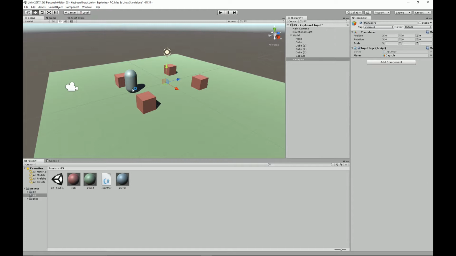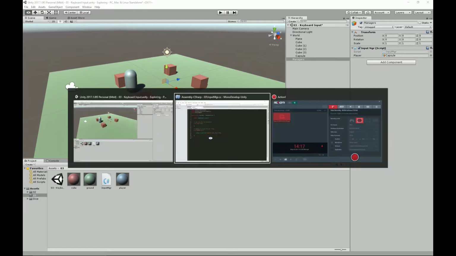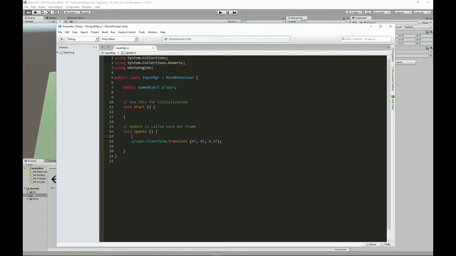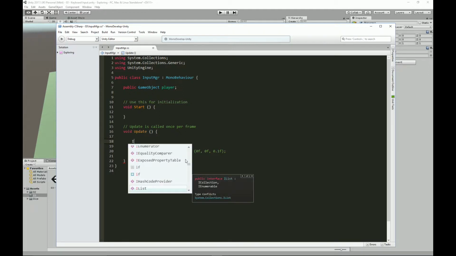We could change its color interactively. We could do just about anything that you can do here in the inspector to this guy in code. But for now, we just want to maybe hook up some keys and have it do some things. So let's just comment this out for a second. We don't know exactly what we're going to do. So in order to get a key in Unity, there's a thing called the input manager, I think is what they call it. If we type in Input,